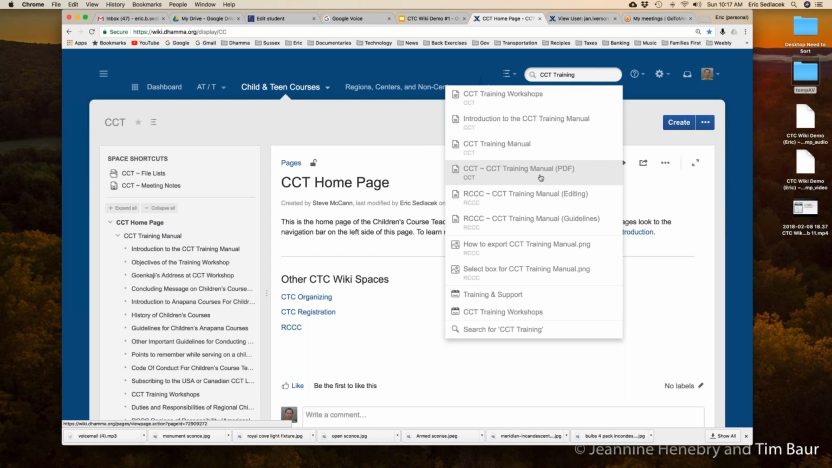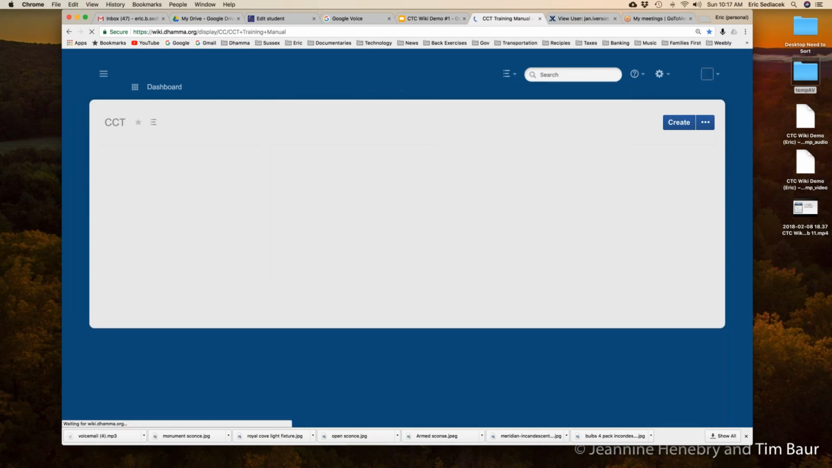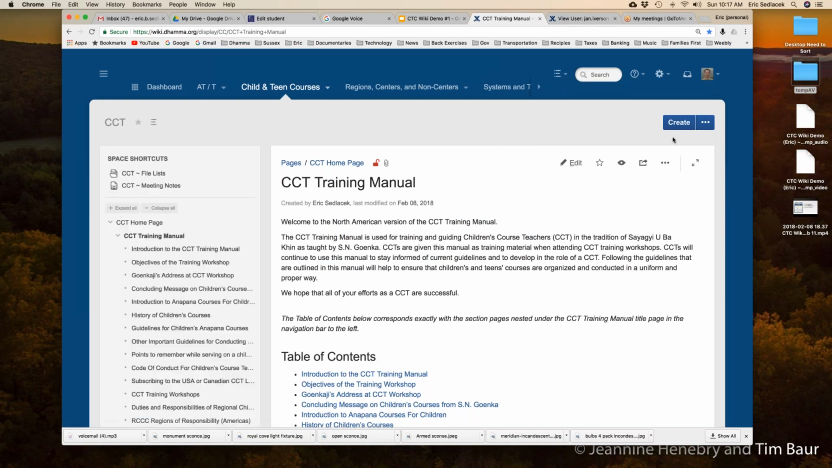Then you've got the training manual PDF, editing it, guidelines. You'll see it's under the RCC space, the guidelines one. So you won't be able to see that unless you're in RCC. So I'll click the CCT training manual, and you'll see that it takes us to